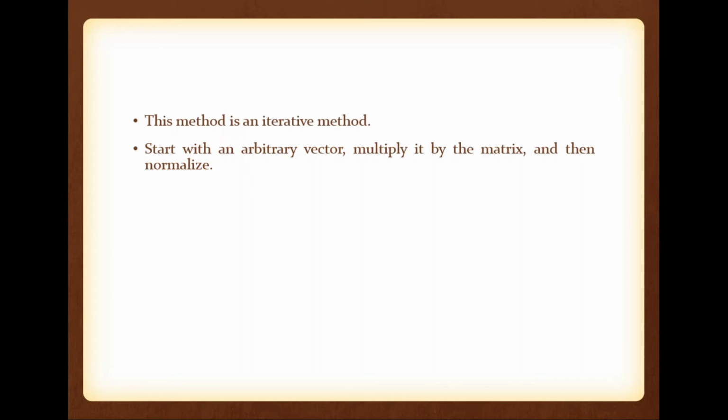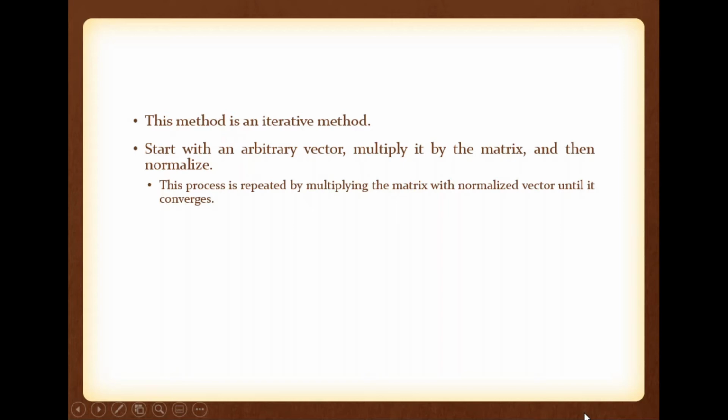Definitely the vector that we use to multiply with the matrix and this normalized vector will be different. So, for the next iteration, take this normalized vector, multiply the matrix by this normalized vector. It will give another vector. Again, normalize the new output vector. So, we have a new normalized vector. We have to continue this process, and we can stop when this normalized output vector and the initial normalized vector both are same.